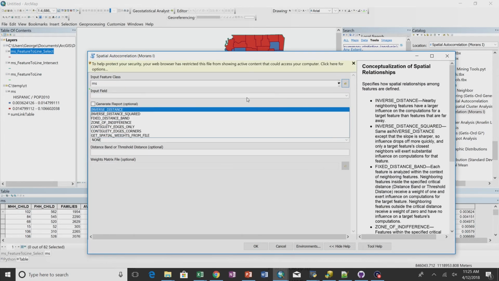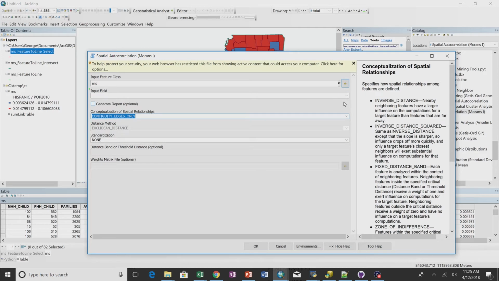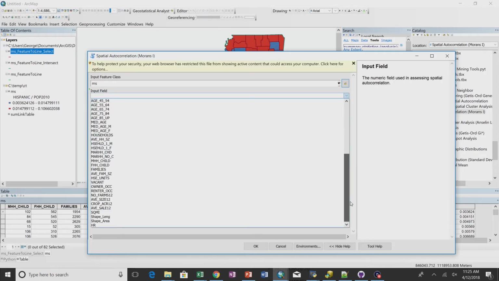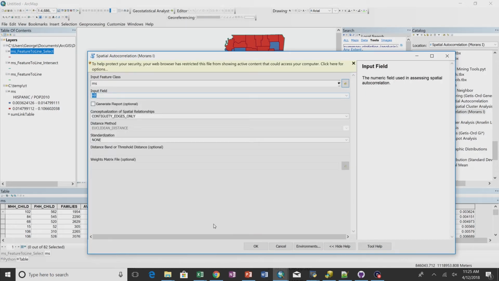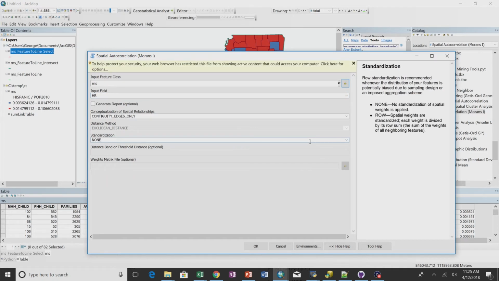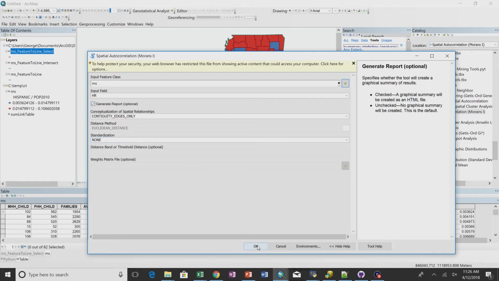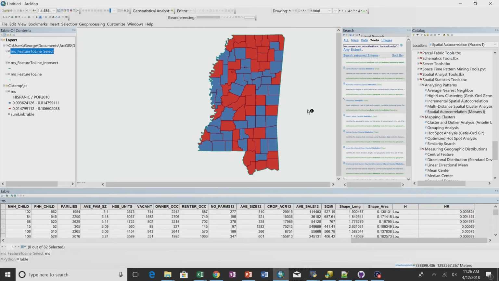We're going to choose edges only, and the field is going to be the Hispanic field, the HR. All right. Okay, the standardization doesn't really matter a whole lot when you're doing contiguity, because it's just 1 or 0. But you might experiment with that if you were doing it. Do I have an output feature class? I need to generate the report. There you go. Okay, so I'm going to run this through,